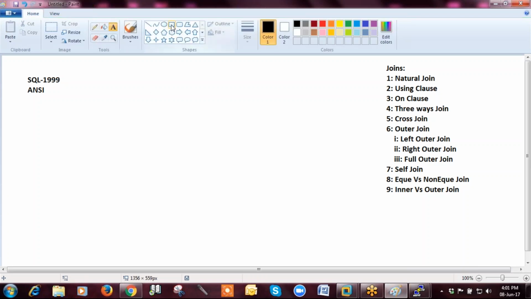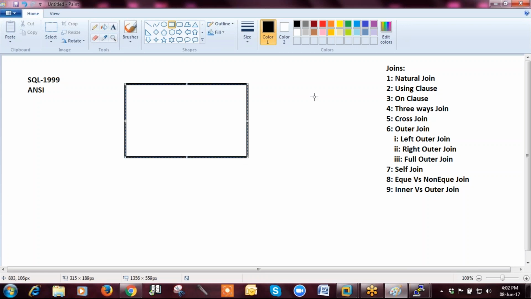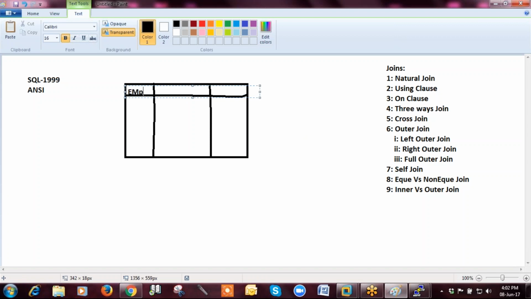So I am drawing a table. This is EMP ID, and this is name.